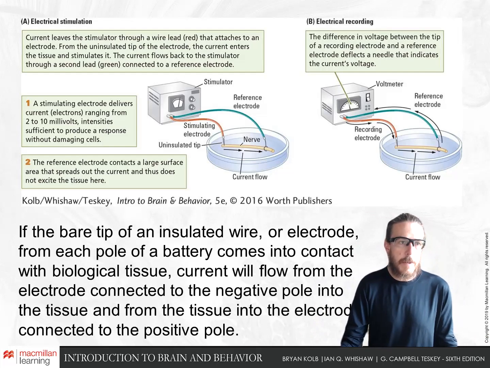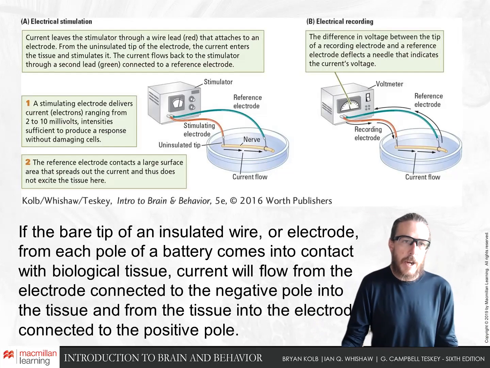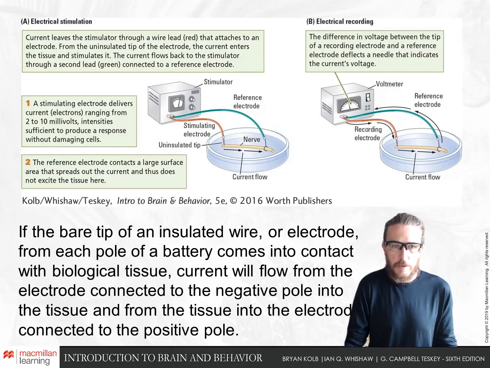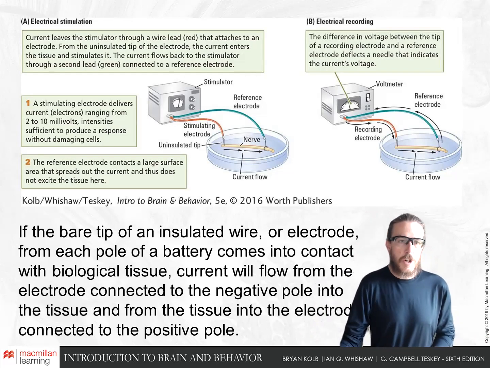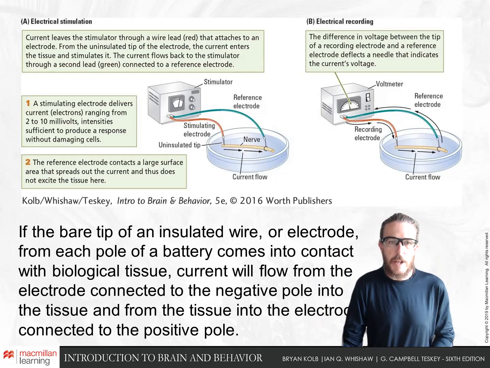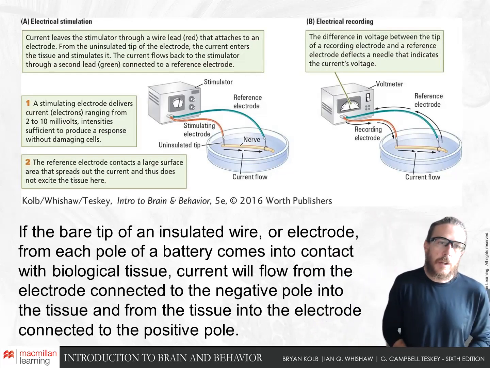So we could use a stimulator where small millivolts of electricity are passed, like the closing of a battery. So a little switch of that battery will close and pass current from here to here. And this will change the electrical dynamics of the axon without damaging